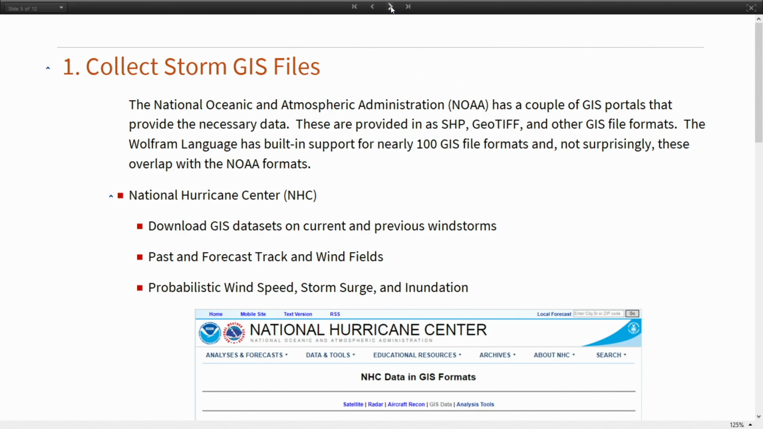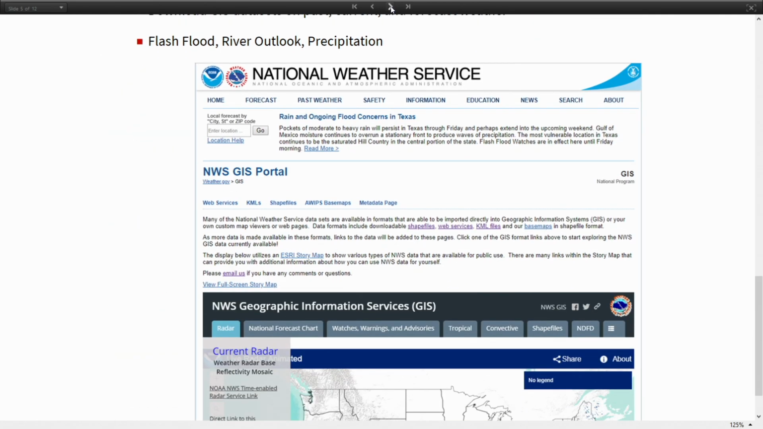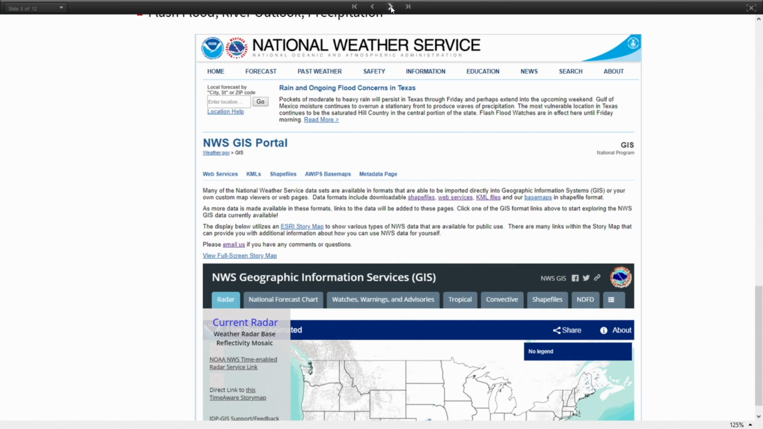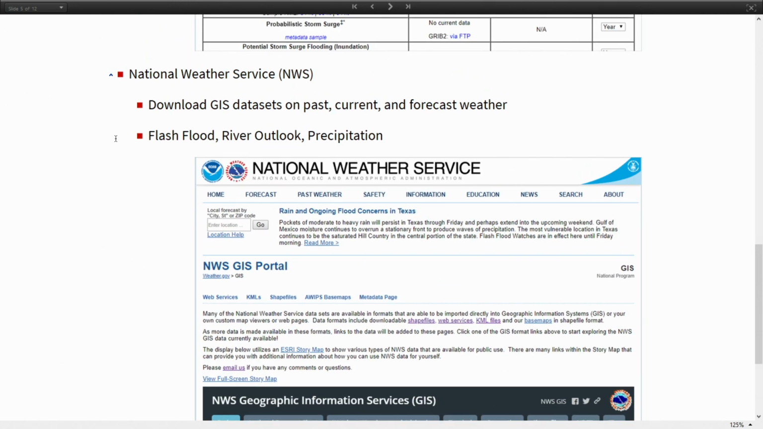The U.S. National Hurricane Center has a GIS page where you can download geotiffs, shape files, and other information on current storms and on past storms. It has lots of different information in it, and the U.S. National Weather Service also has information on flash flood risks from current inland storms, and you can also get river outlooks and other information. So if you wanted to see what that looks like or where that is,